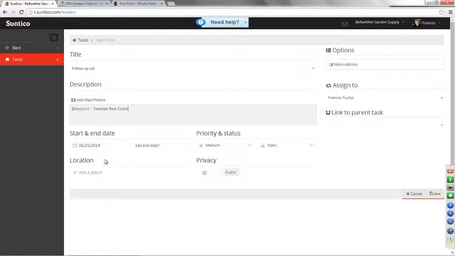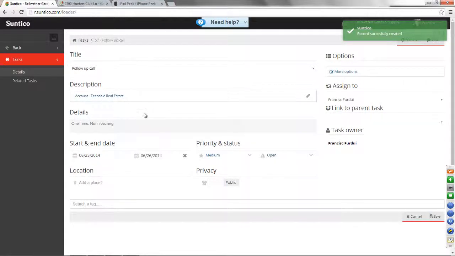I can set start dates, end dates. Another nice thing is multi-user, so I can actually assign a task to another colleague if I want. I can make it public or private, and I can save the task. And again, that task will appear against Teesdale Real Estate, and actually the whole discussion thread, and the same for